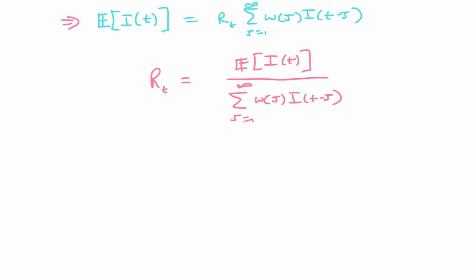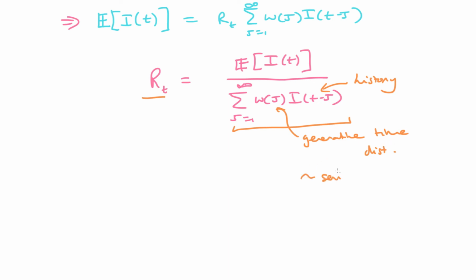So we now have nearly everything we need to be able to find an estimate of R_t. This bottom here just depends on the history of infections and the so-called generation time distribution, which we typically can get from other studies,